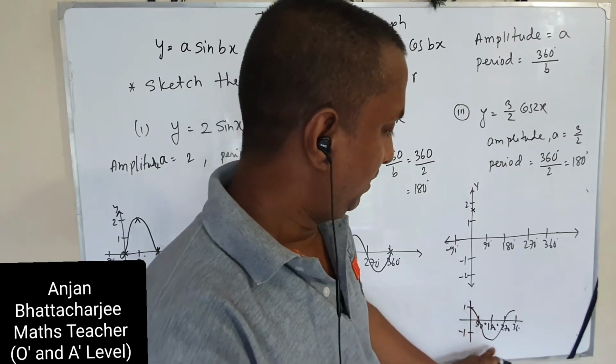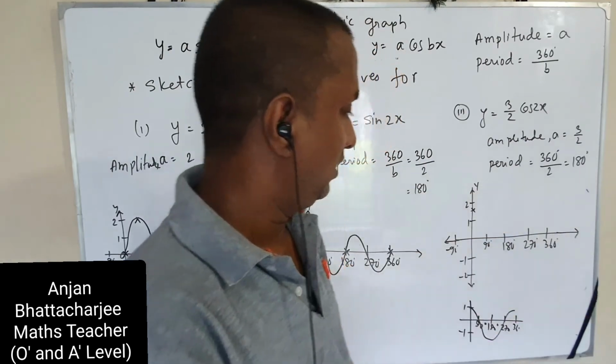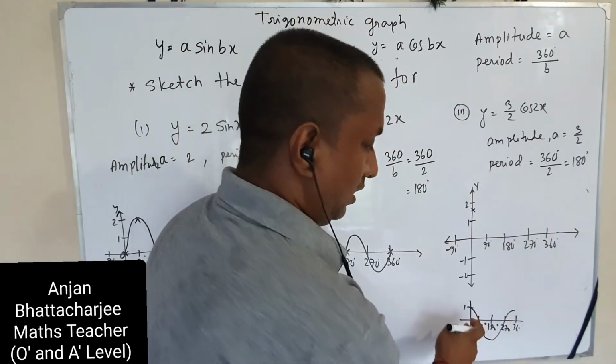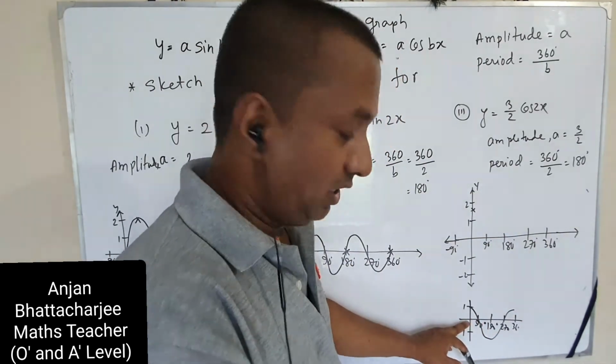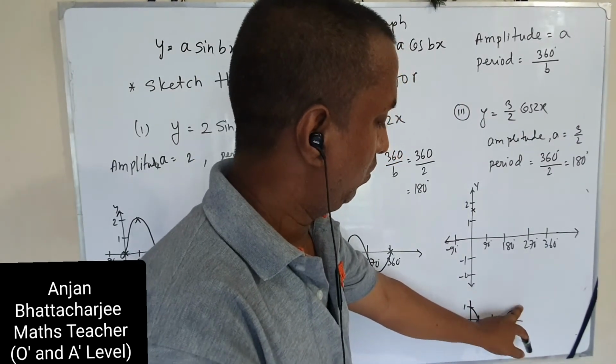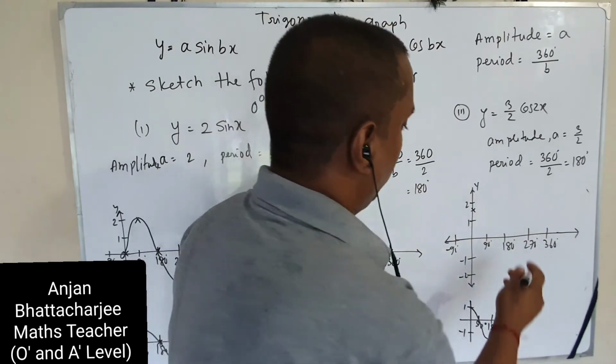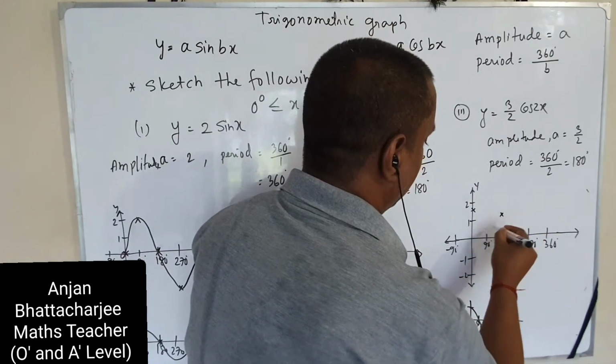So it repeats for each 360, but here it repeats after 180. That means for 0 you are having 1, for 360 you are having 1, but here since it repeats after 180, so at 180 it will be, now